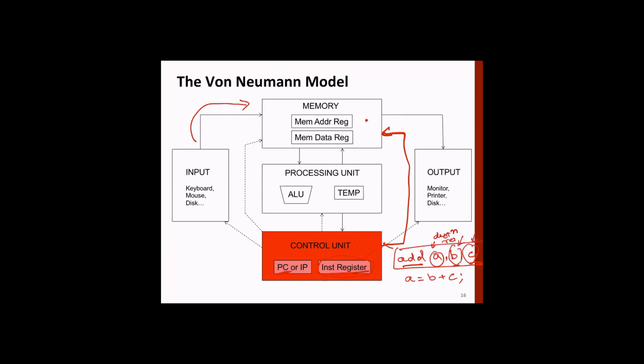See, data movement is essentially from one register to ALU and ALU to register and from register to memory. Right? Or you get memory to register, then execute it, and then finally send it to memory or input output devices. All right. So this is normal data movement happening. And in order to do that data movement, we need control lines.